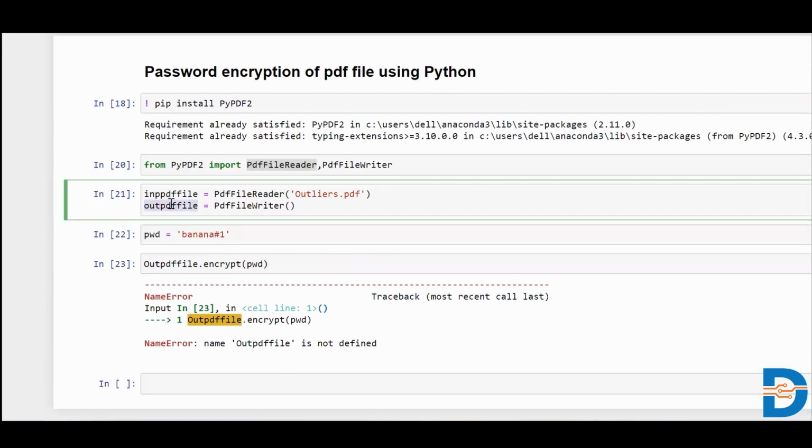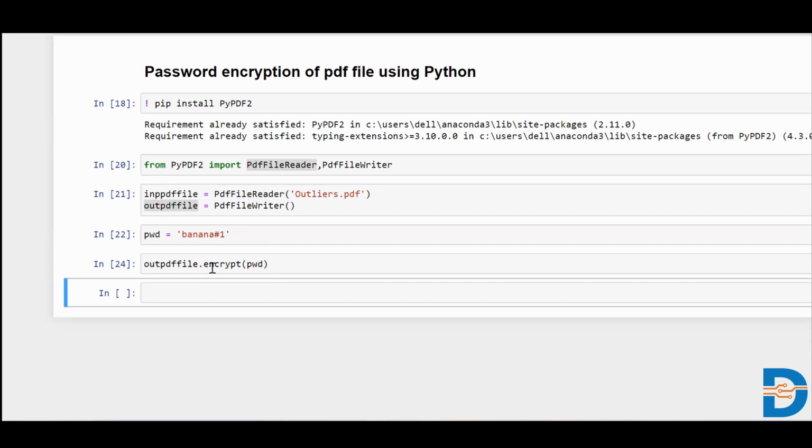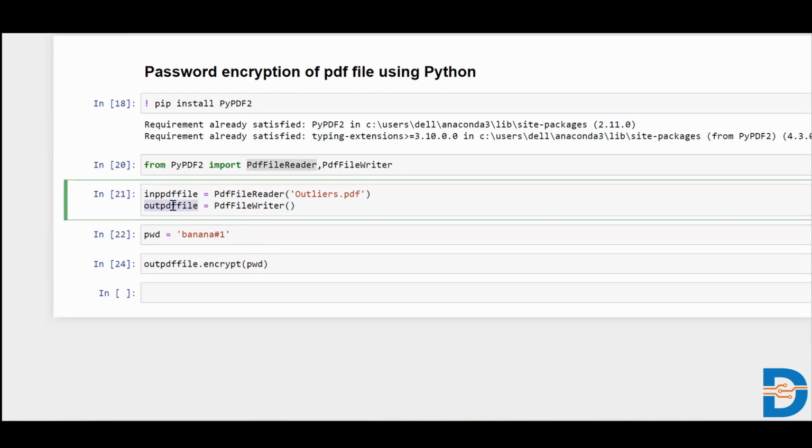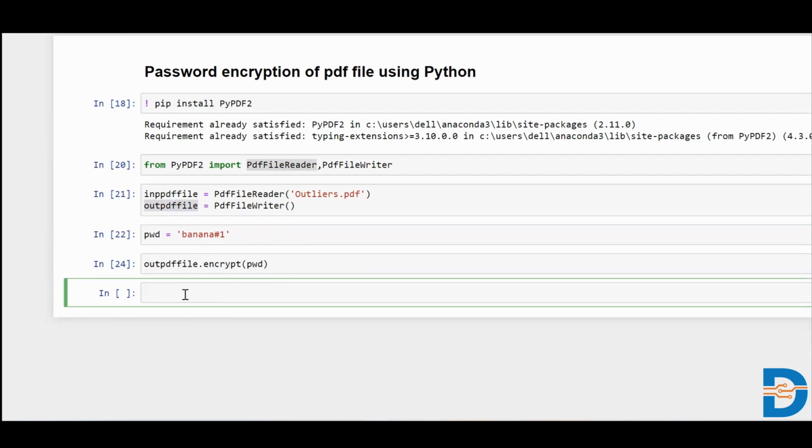Let me just copy it from here. Okay, output PDF file dot encrypt PWD. So this is the output file, and I have encrypted it with the password that I have created over here. Okay. Now,